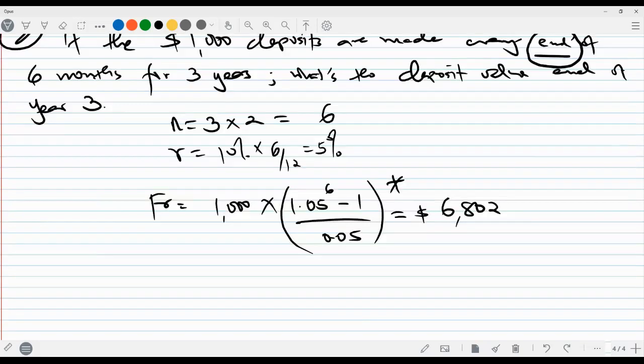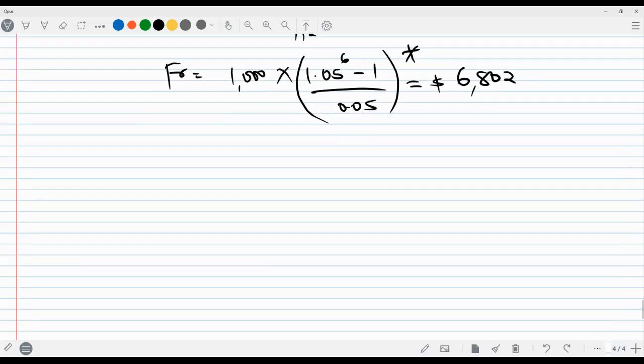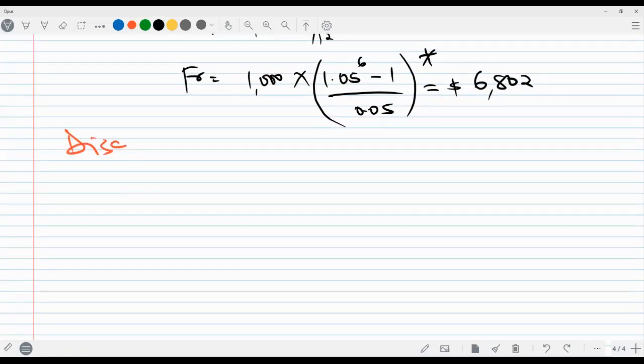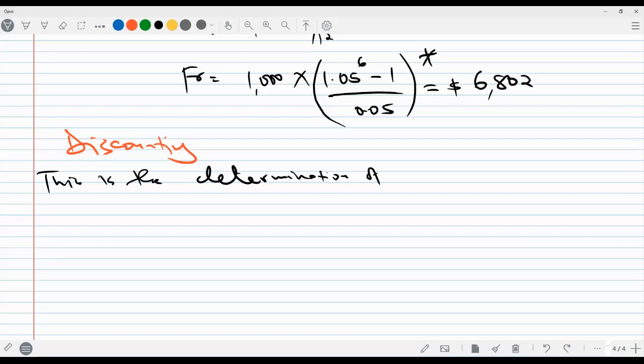I think that's enough with compounding. Let's go to discounting. Discounting is what actually matters more. That was compounding; now in discounting, it's the reverse. It's the opposite of what you just did. This is the determination of the current value, the determination of the present value